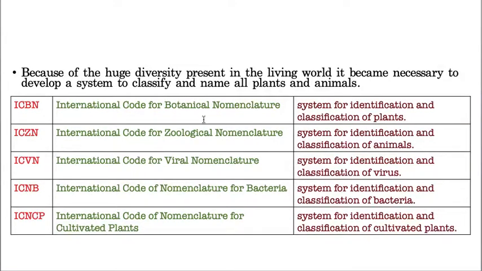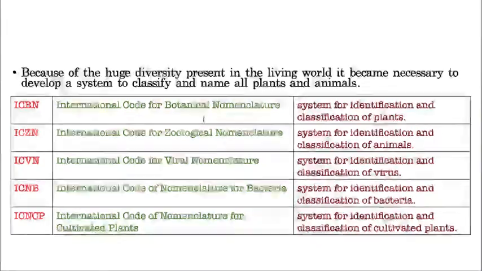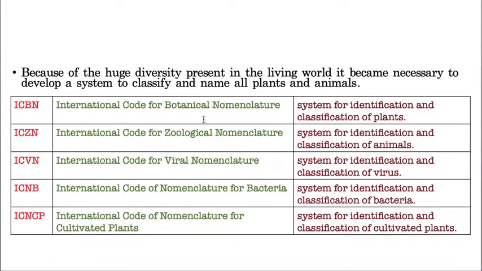For example, same example, I'll continue. I found one new animal which no one knows about. So I wanted to name it, but I don't know Latin. Then, as I don't know Latin, I'll take that particular organism's details to ICZN. What does ICZN mean? International Code of Zoological Nomenclature. Now this organization helps me in giving the Latin name to that new organism identified by me. Hope you understand now.